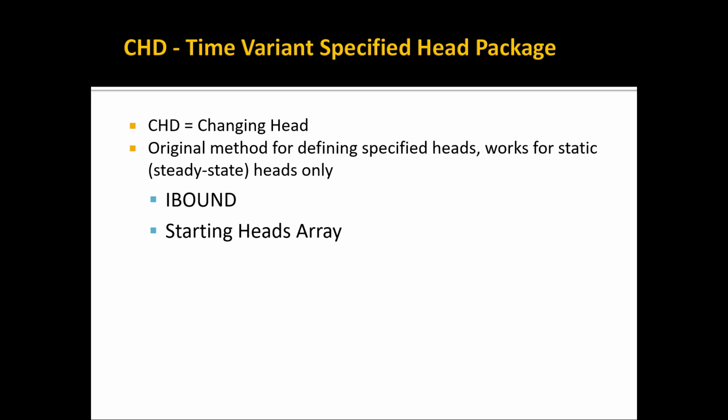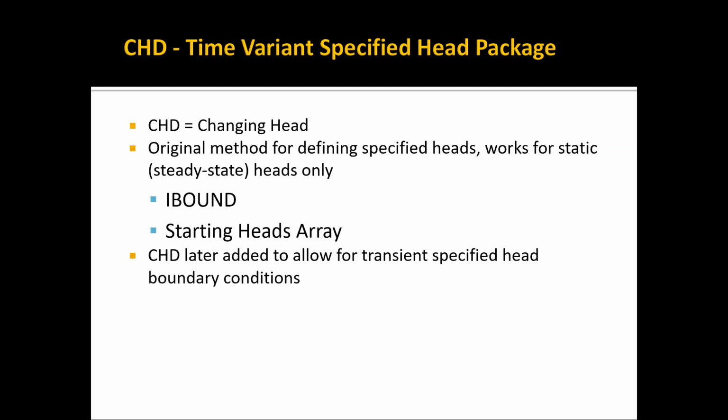conditions. Now, the problem with that is the I-bound and starting heads array, those are not transient. They don't change with time. And so it only worked for constant or steady state heads. And so at some point later in time, they came out with the CHD package that allowed for specified head boundary conditions to vary. And it turns out you can even use this package to do steady state boundary conditions if you want. It doesn't have to vary with time. So there are two ways to do steady state fixed head boundaries, with the I-bound array or with the CHD